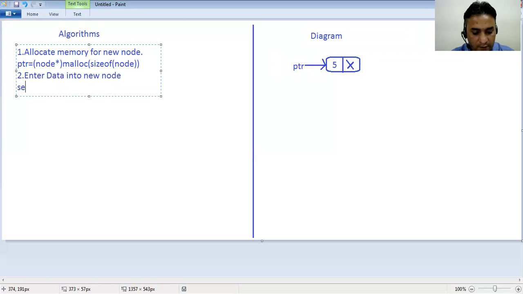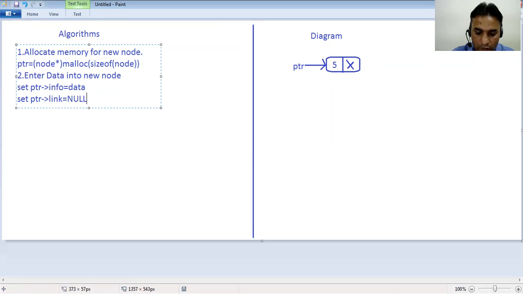So we have to set ptr pointer info equal to data, and also set the address part of this node to null, because it will be added at last position. So it will become the last node of the linked list. So we have to set here null. So in this step we completed our node.